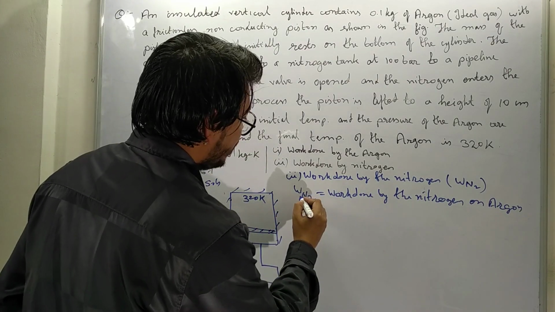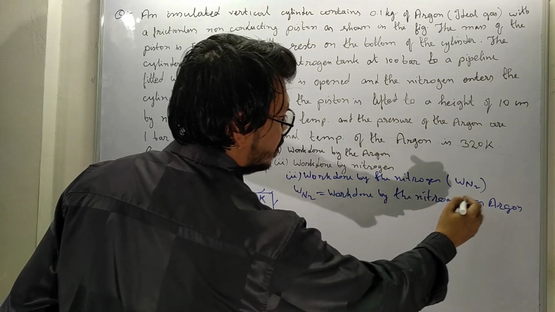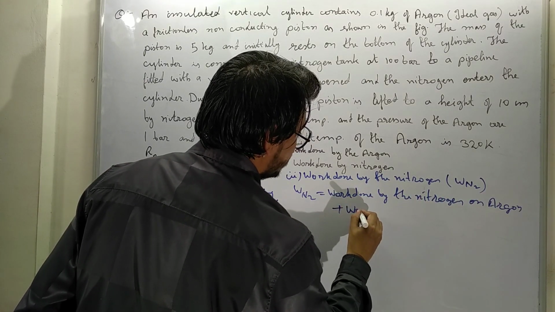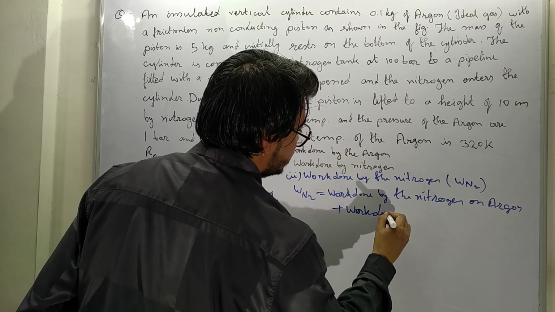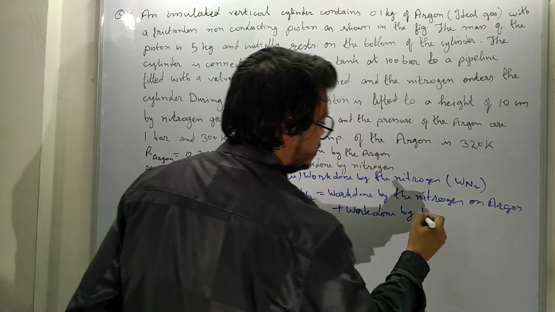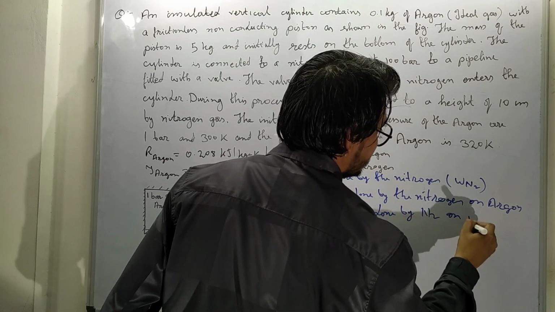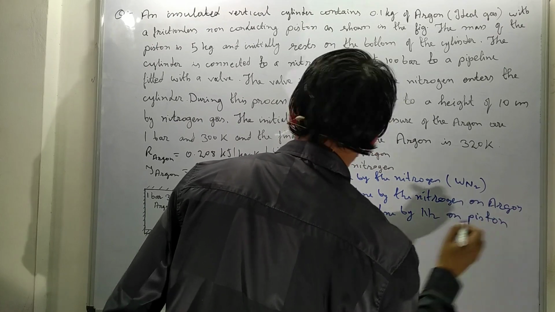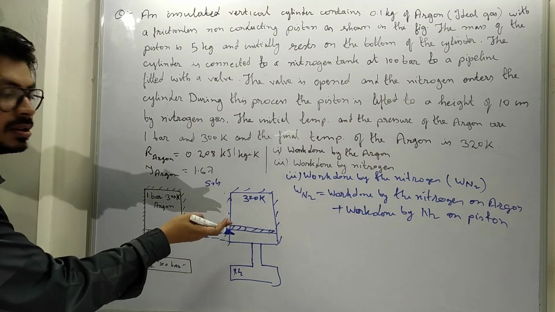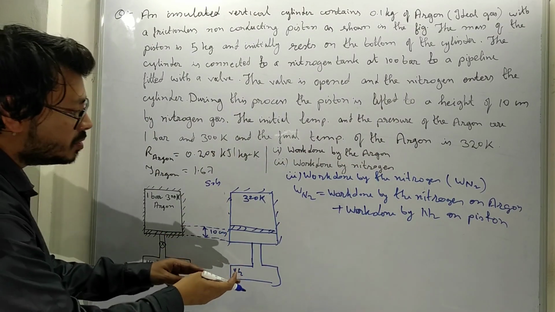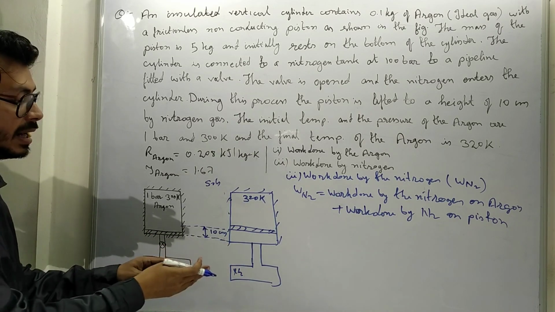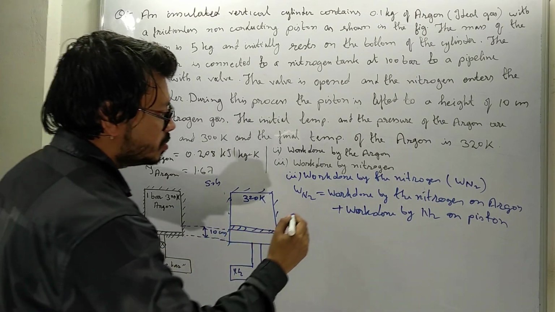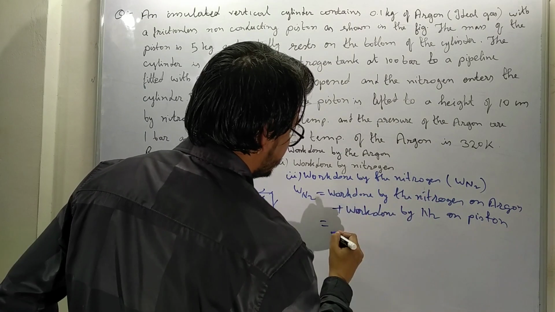So the work done by nitrogen is equal to the work done by nitrogen on argon plus work done by nitrogen on piston, because it also lifted the piston up. So the work is done by nitrogen on argon as well as the work is done by nitrogen on piston. So this work we have plus